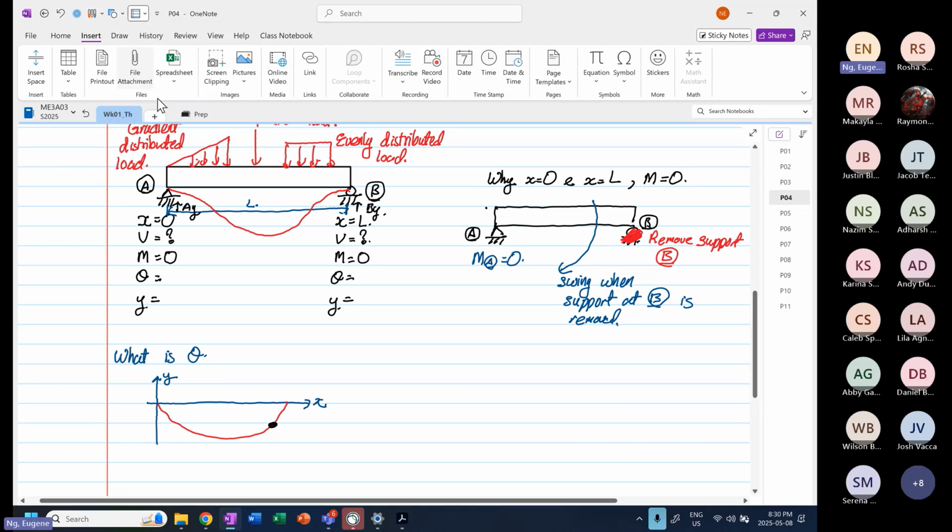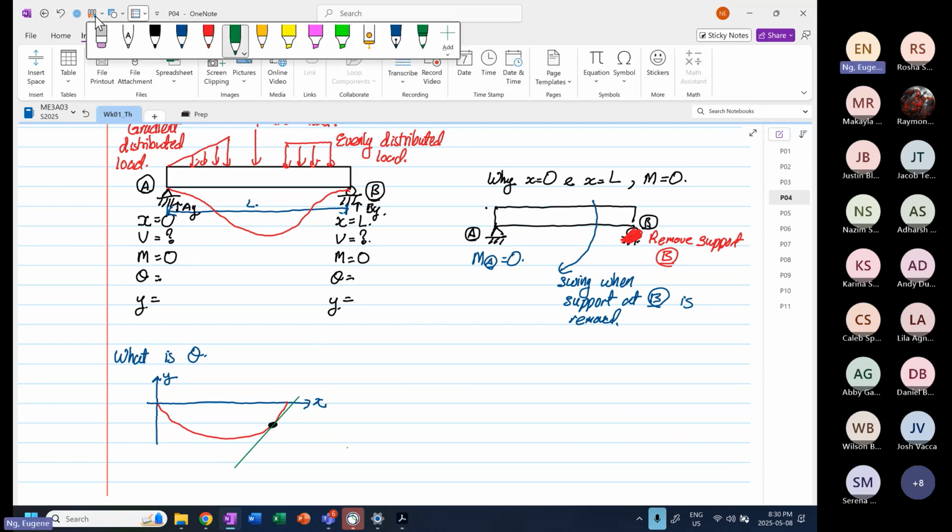Basically, it's a tangent to the deflection. And then if I were to sketch a